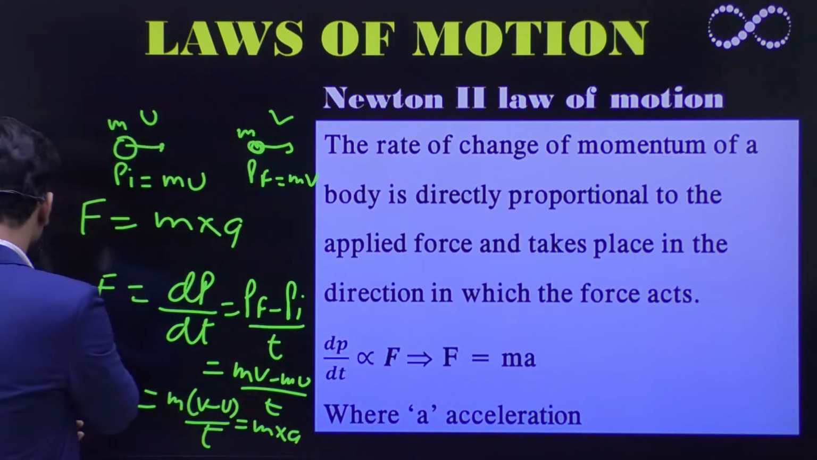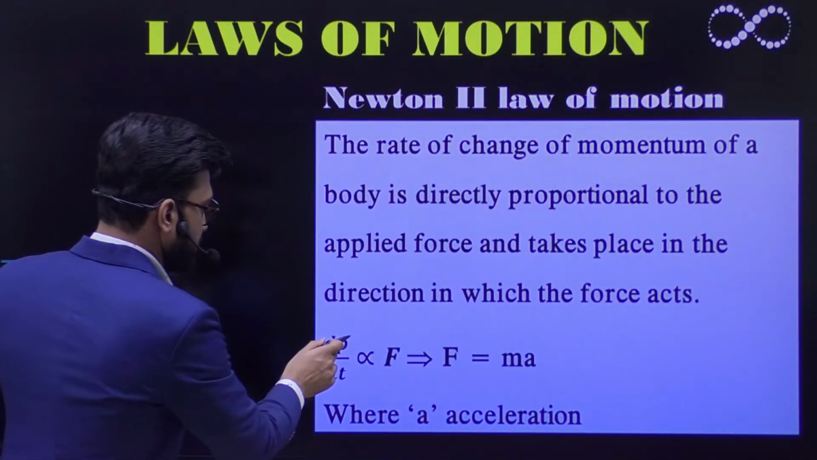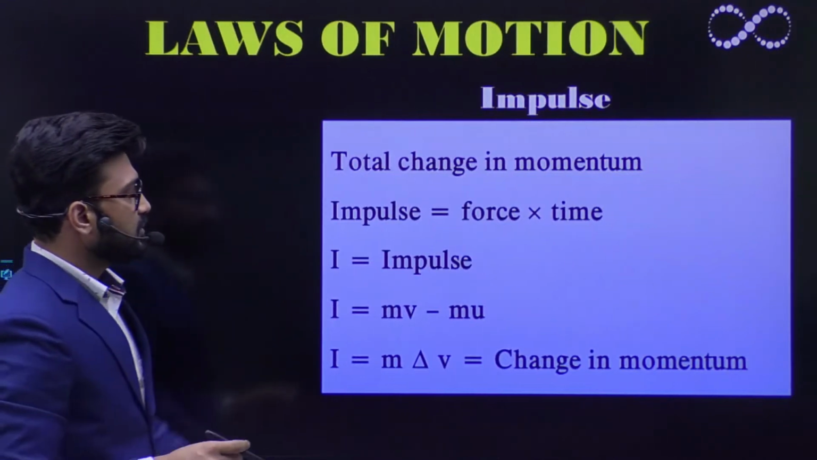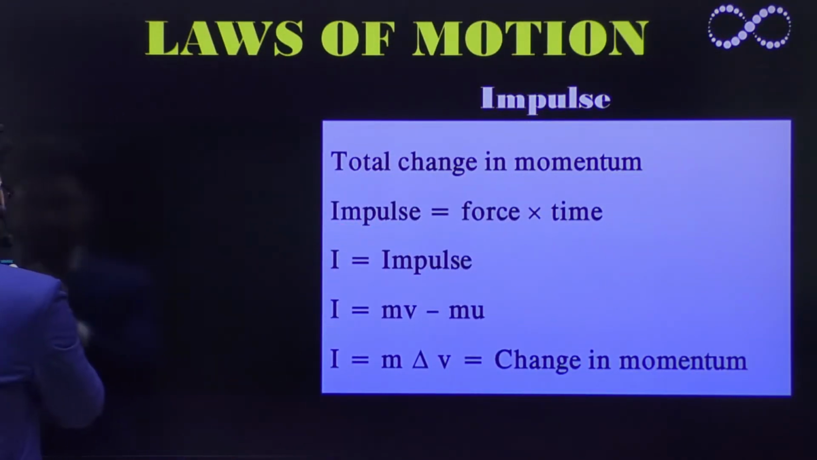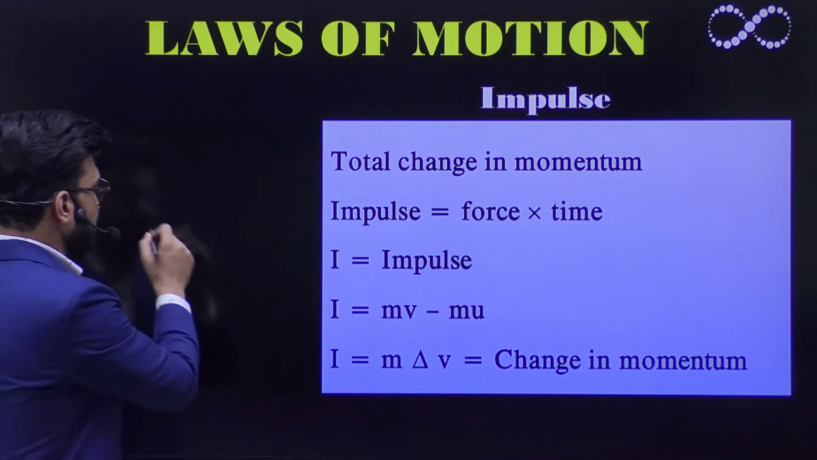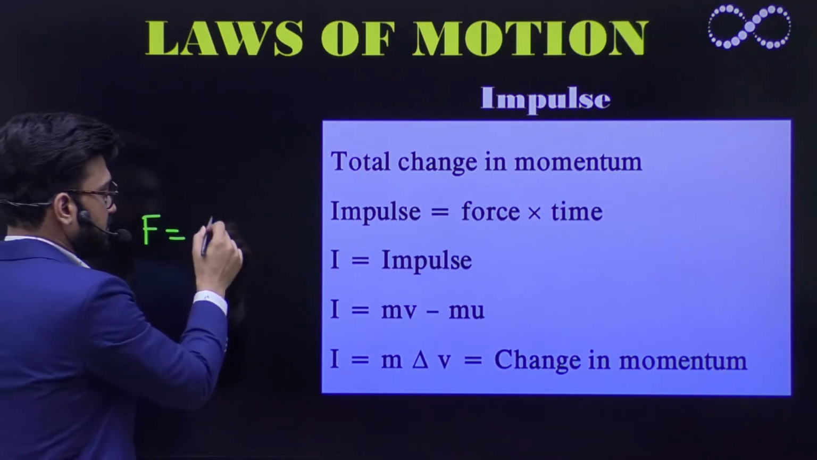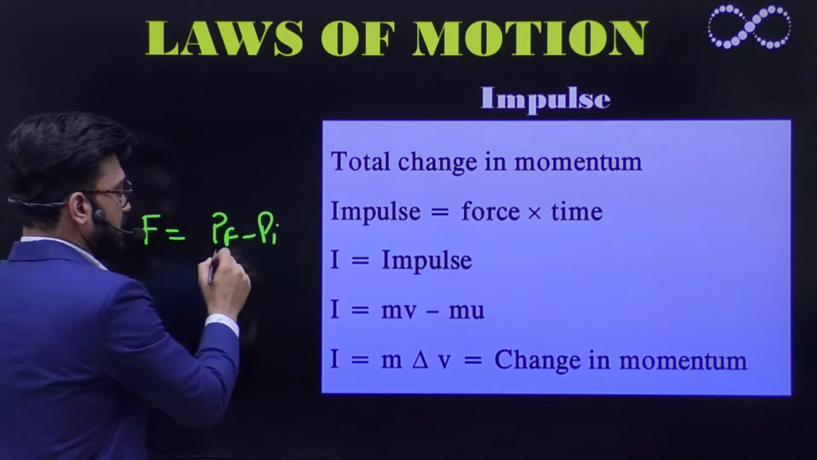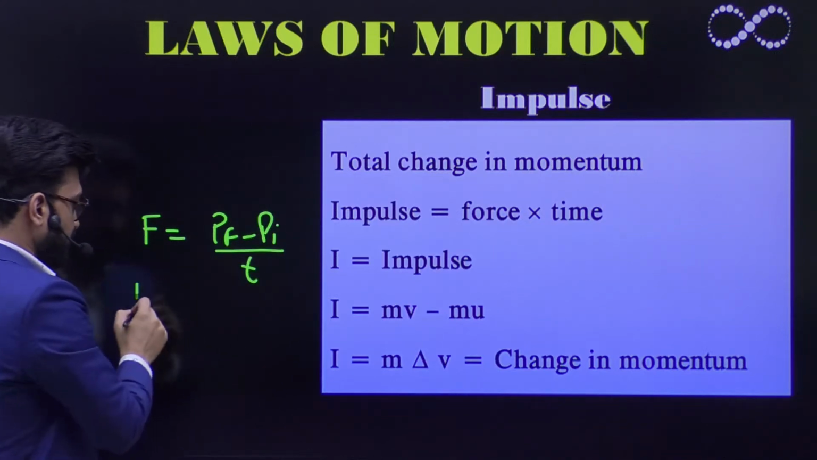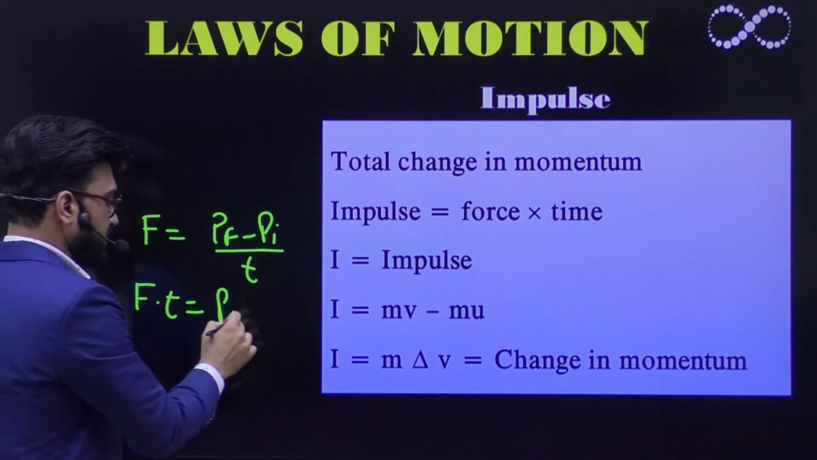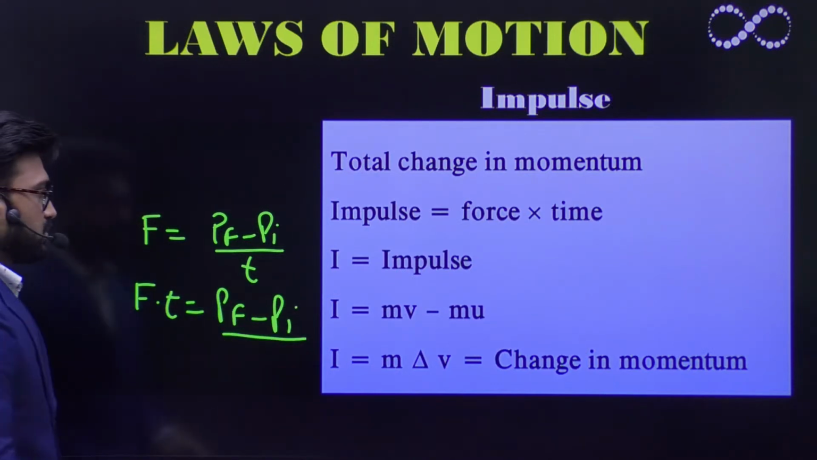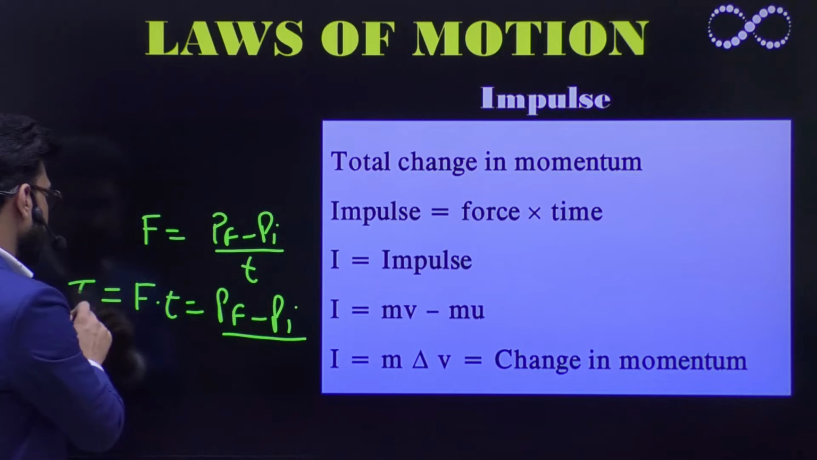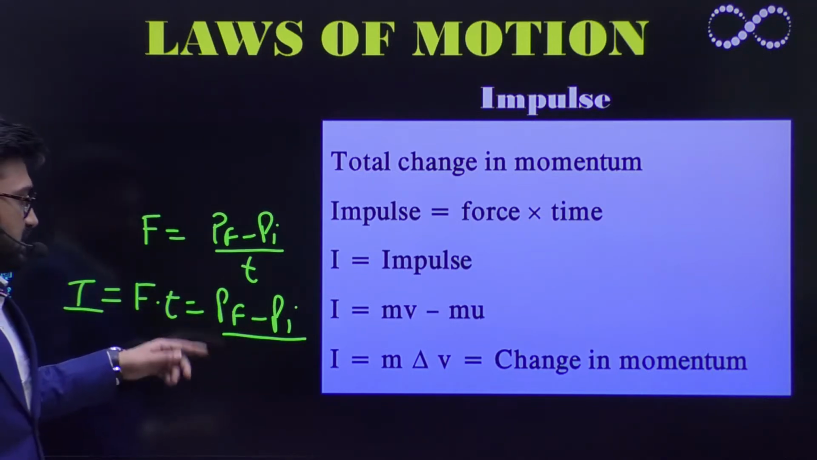So we'll be moving to the next formula that you must remember. Total change in momentum is nothing but called impulse. We know the relation. We know that force is nothing but change in momentum, p final minus p initial per unit time. The product of F into t is nothing but p final minus p initial. So this is nothing but change in momentum. Okay, so this term is called impulse. Its unit would be Newton second